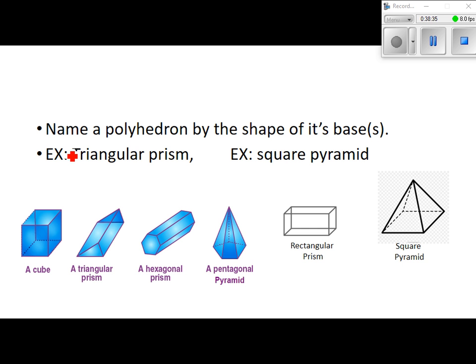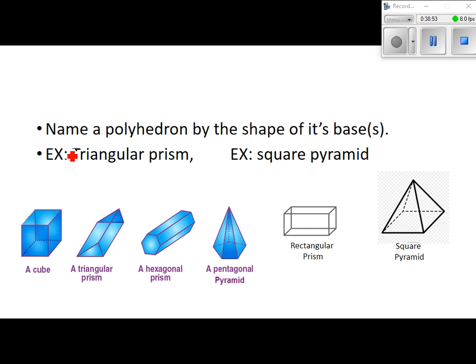Square pyramid. How come it's called a square pyramid? Because the base is a square. I just read that like 12 times. The base is a square. Listen so you understand how to name these. This is a square. All the rest of the faces are